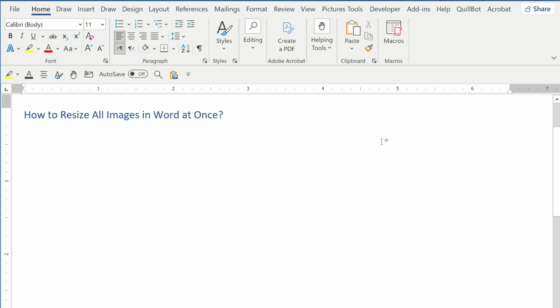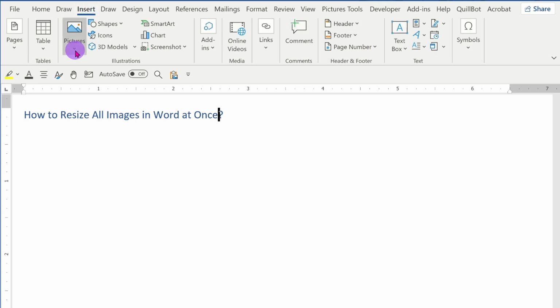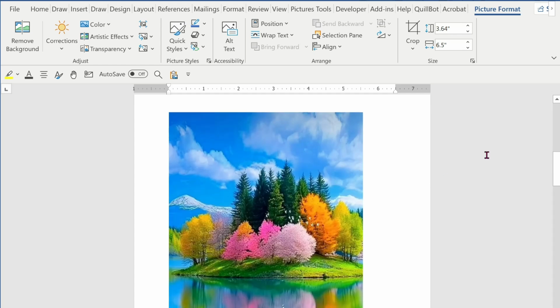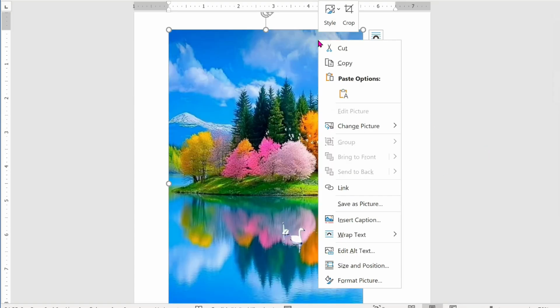In this video, I will guide you how to resize all images in Word at once. First, you need to click on Insert and insert all the pictures from your file. Once you have inserted all the images, then select the first image and right click and click on the size and